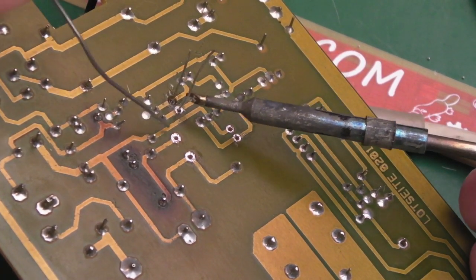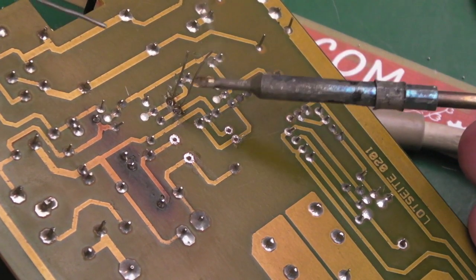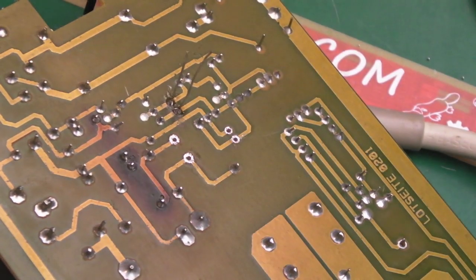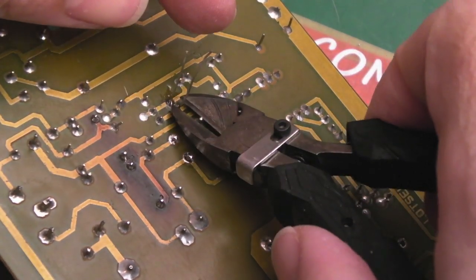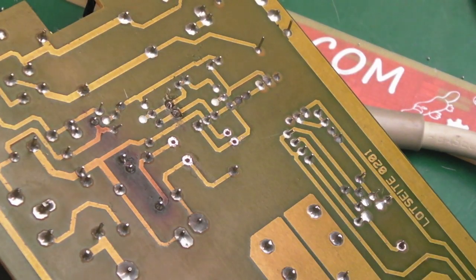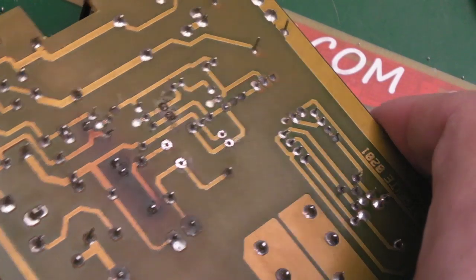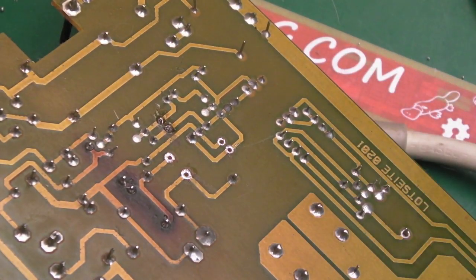Yeah, I'm swapping out two 22s, 22 microfarad, 25 volt, and a 470 microfarad at 16 volt. I don't think they need doing. They measure, let's say, slightly over capacity, but within tolerance for the spec of the cap that was on there from back in the day. The 470, for example, measures about 490. The 22 measures about 28 or 29. You could argue it's slightly out of tolerance,